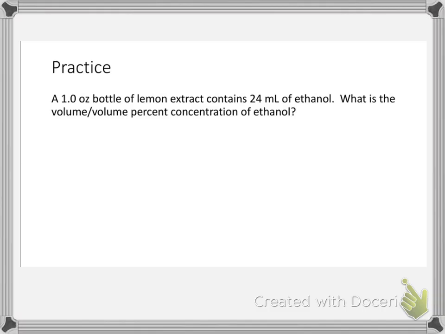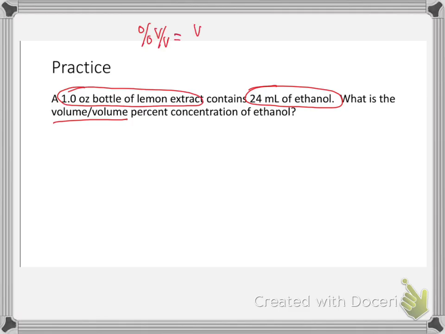Okay, so this gives me 1 ounce of lemon extract. So there's my solution, and it has 24 milliliters of ethanol. There's my solute, and this time they want the volume percent of that ethanol. So the percent volume to volume is equal to the volume of the solute in milliliters, divided by the volume of the solution